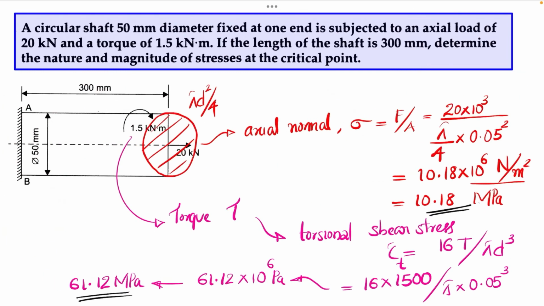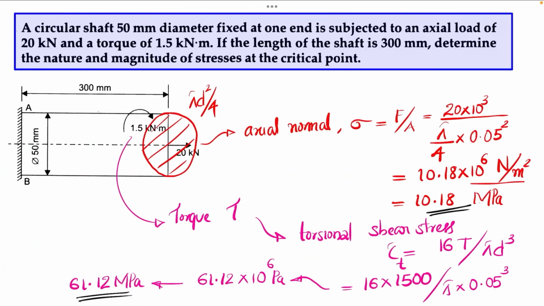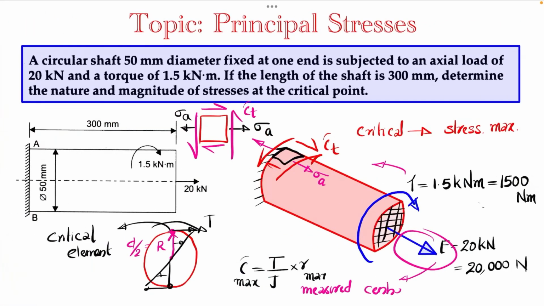So for this given problem, that is the circular shaft of given diameter subjected to axial load and torque, a combined loading of torque and axial load, we have evaluated the principal stresses, that means the maximum and minimum principal stress, and the maximum shear stress at the critically loaded point, and I have explained how to locate the critically loaded point. All these equations are used here. This is from the data book by Mahadevan and Balaveera Reddy, and here I explained how to obtain the critical point. That means the critical location is based on the load and the critical stress is based on the